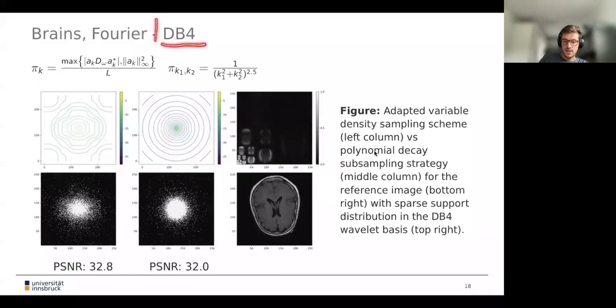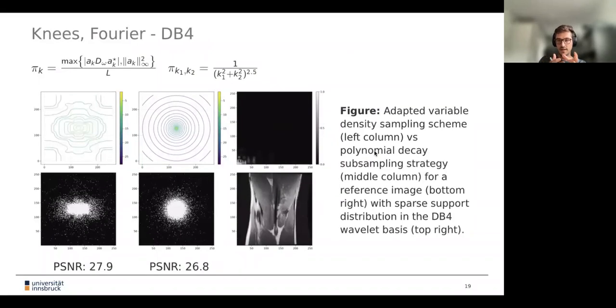Here we assume we use the 2D DB4 wavelet basis as the sparsifying basis of our signals. So this difference between the heuristically inspired and our adapted density gets far more pronounced if we use a non-symmetric data set. If we look at knees instead of brains, for example, and do the exact same analysis, taking a data set, transforming it into the DB4 2D wavelet basis, taking a threshold, and getting an estimate for the underlying distribution, which we plotted here, we see there's more